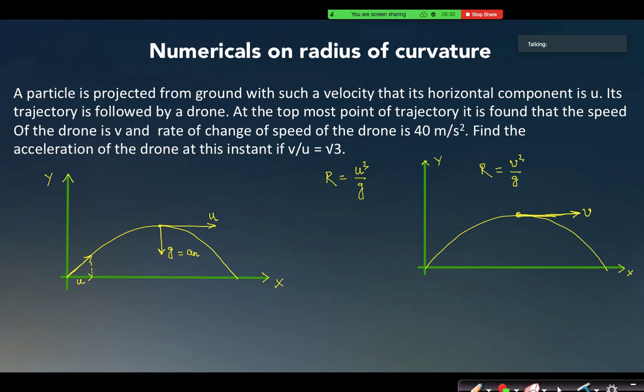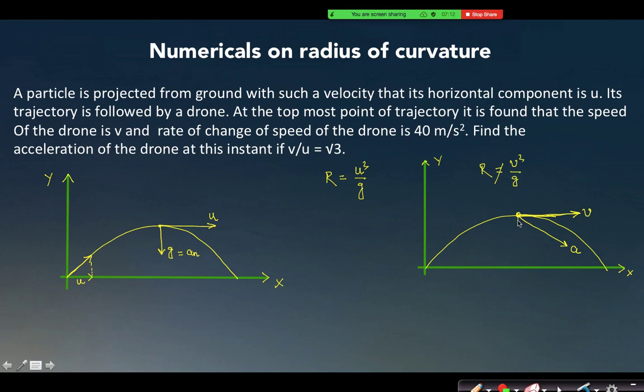Yes, good. The acceleration of the drone is definitely not g, as the drone is moving in some other way, following some other method, and there is not only gravitational force acting on the drone, there may be other forces. I am not actually considering the forces, but I am saying that the acceleration of the drone definitely is not g at this instant. So the acceleration of the drone may be in any arbitrary direction, and let us assume it to be n. Then I cannot say that the radius of curvature is v square by g.